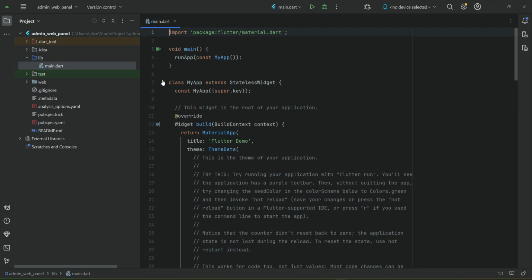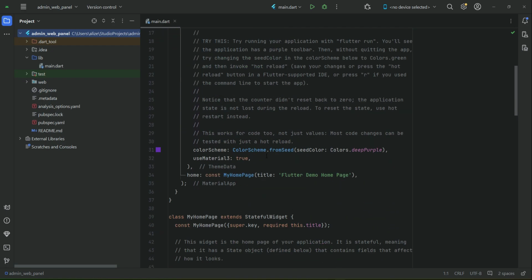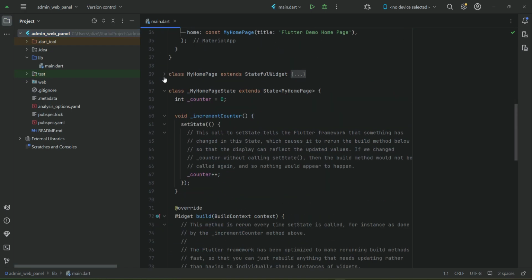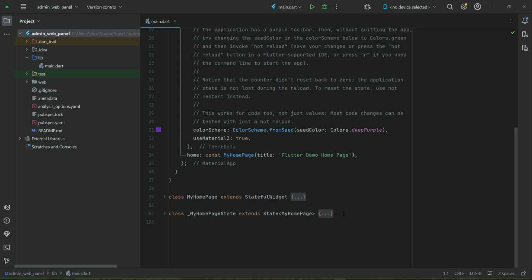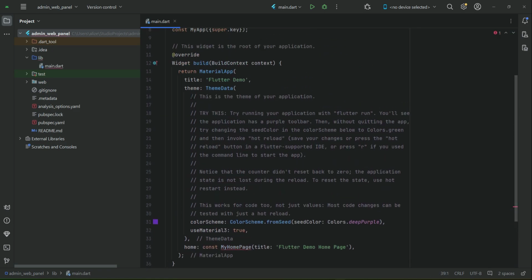Now we will implement this admin web panel as well in the MVVM architecture, just like the sellers, riders and users app. Okay, our complete overall project will be using MVVM architecture. So anyways, let's proceed and let's remove this MyHomePage state, minimize this, and then let's remove it. Also remove these comments,